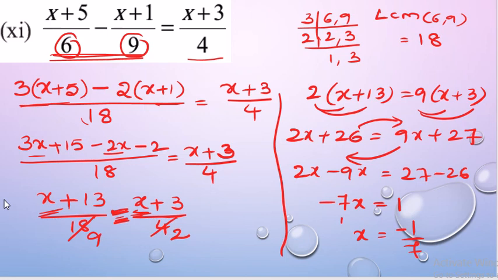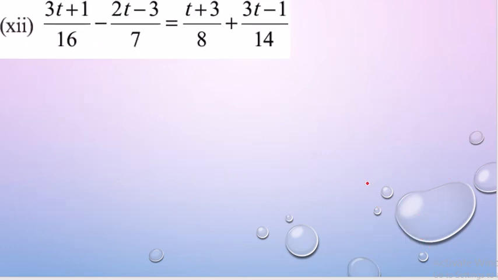Right? So this is nothing but the value of x. So likewise we can simplify the questions. Next, moving on to one more question. So here the variable is t. Now if you observe this, on both the sides you are having 2 terms.